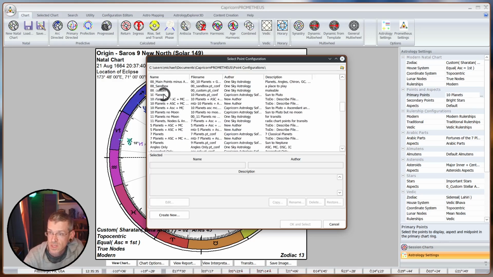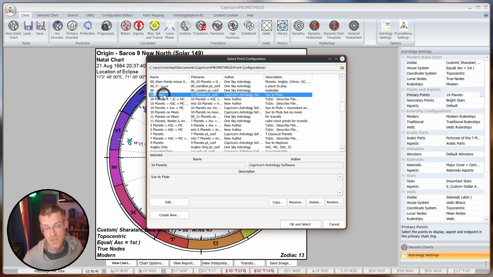The one I'm using is here, 10 planets. And what I want to do is add some planets that aren't in there. I'm going to add Eris, I'm going to add the asteroid Vesta, and I'm going to add the galactic center. I'll show you how to do this step by step. And the first thing I want to do is